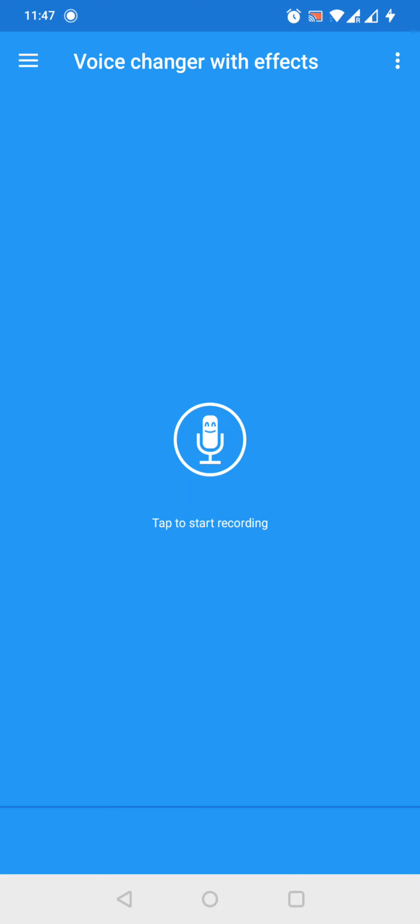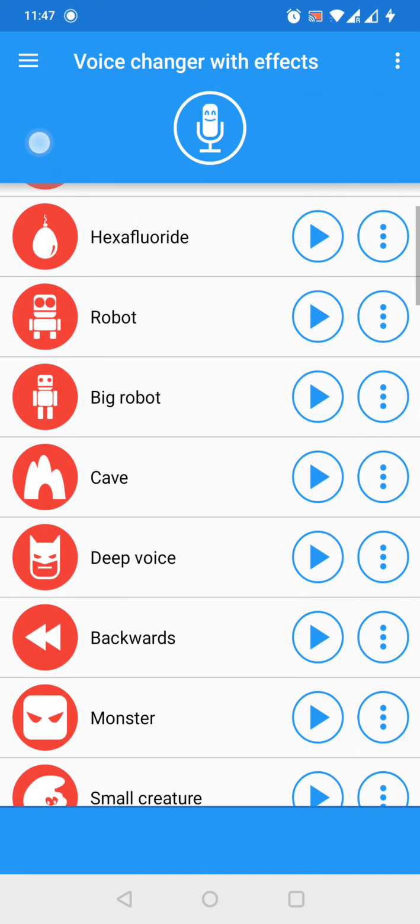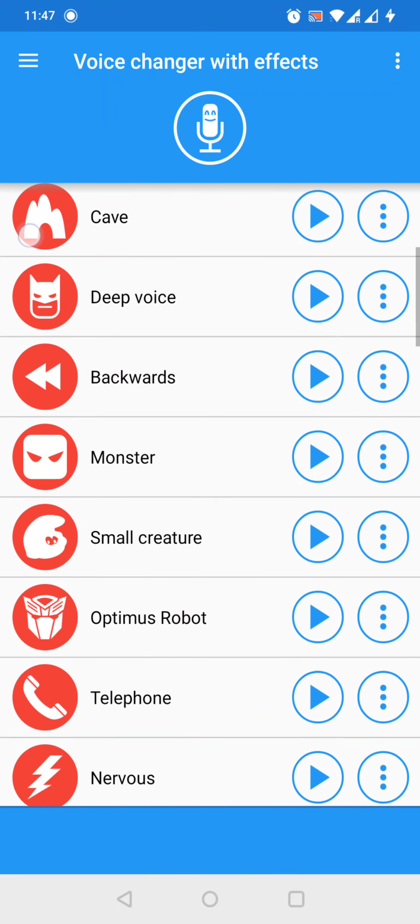And for example, let's say, hello guys, I will show you how to change your voice with this app. Now we could choose from ton of different effects. For the extraterrestrial effect, we have to scroll down a little bit and tap on the play button next to